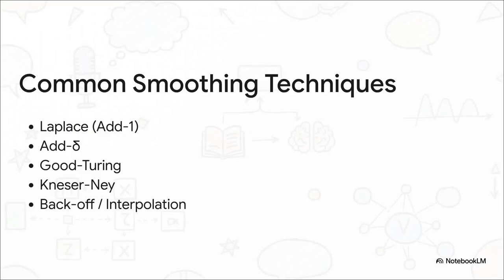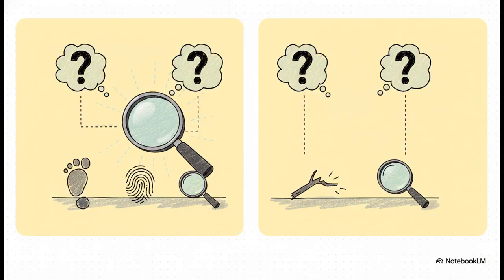So, how do we get around that 0 probability problem? The solution is a family of techniques called smoothing. The core idea behind all of them is actually pretty clever. You basically steal a tiny little bit of probability from the word combinations you have seen, and you sprinkle it over all the ones you haven't seen yet. It's like saving a bit of your budget for emergencies, just to make sure no valid sentence ever gets a probability of 0.